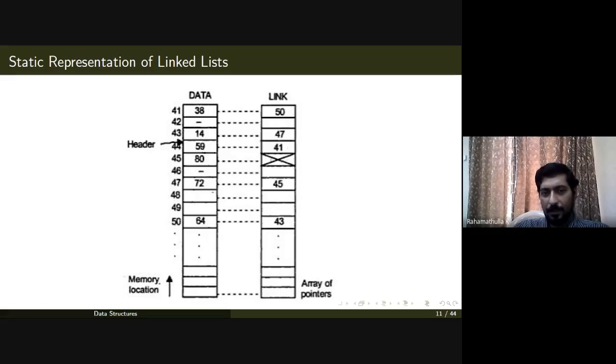So it's a very inefficient way of representing a linked list using an array. We are using two arrays, one for storing the data item and the other for storing the link field or the address. So let's say in your linked list you have more than one data member, then you will have to use multiple arrays corresponding to this. Or you can use a two-dimensional data structure, so that in the first dimension you can use the data member, and in the second dimension you can use the position for storing the link or address.